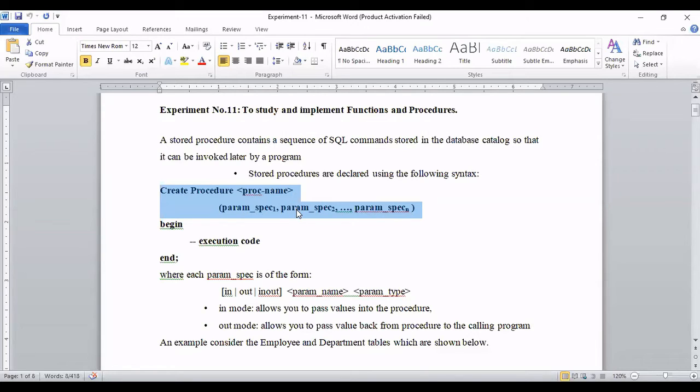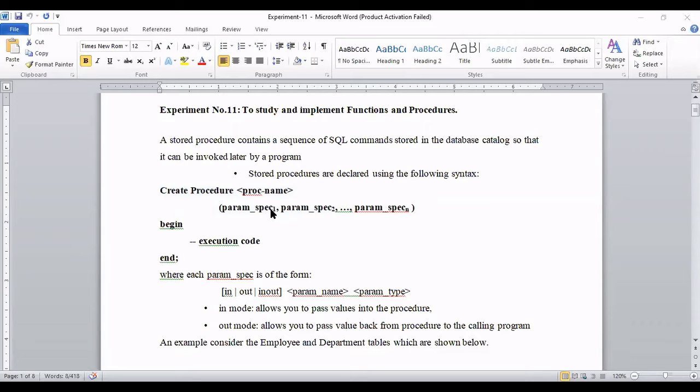Sometimes, as per the requirement, we are passing something called inputs. Those inputs you can pass through parameters, as many parameters as you want to keep there. This is called the formal parameter. The actual value will be passed, and for this formal parameter, parameter specification 1, parameter specification 2 will be added. A parameter is nothing but a data type and a variable name, or you can say a column name, that you can add there.